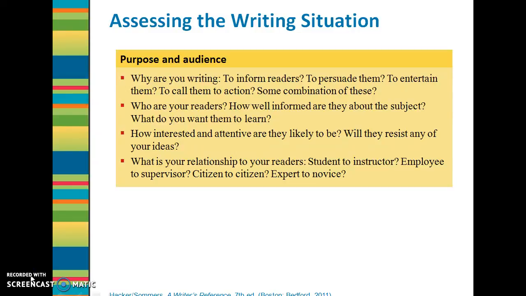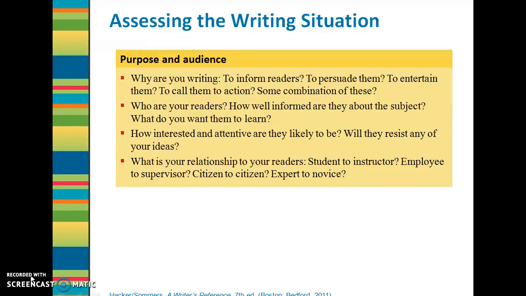And again, why are you writing? If you'll turn to page 3 in the writer's reference, this is section C1, Planning, you'll see a list of purposes there just under halfway down the page. For example, to inform, to summarize, to analyze, to evaluate, or simply to call readers to action. Or maybe your purpose is a combination of some of these, and some papers do call for that. You have to combine a couple of purposes or maybe more.